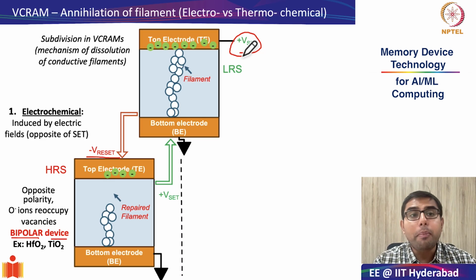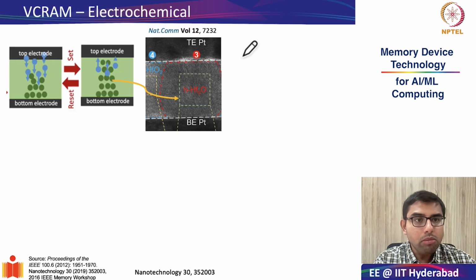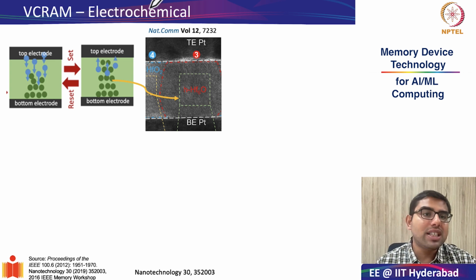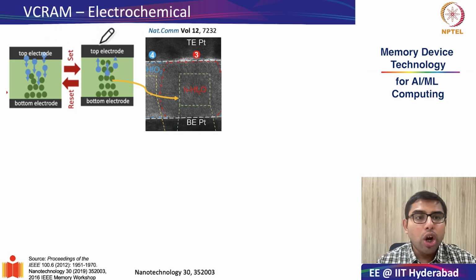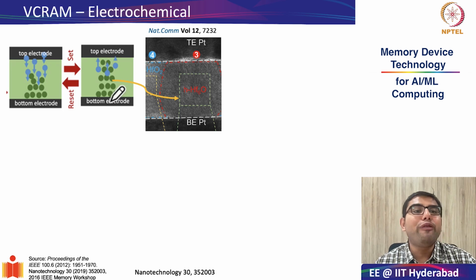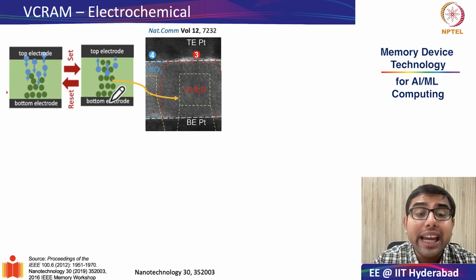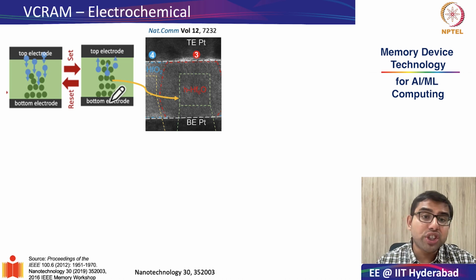Okay, so let us see some practical examples of valence change RAMs which behave in an electrochemical manner. As we discussed in the previous slide, an electrochemical VC-RAM cell moves from the high resistance state to the low resistance state and back through the movement of oxygen anions or oxygen ions. And what is very remarkable is that these conductive filaments can actually be seen, literally seen, under a transmission electron